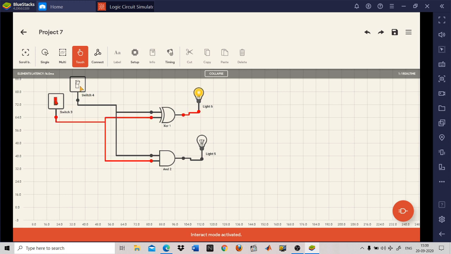So you can see 0 plus 1 means sum is 1 and the carry is 0. Now again 1 plus 0, sum is 1, carry is 0. Now 1 plus 1, you can see red lines are there in both the paths. So 1 plus 1 means 0 and a carry 1.